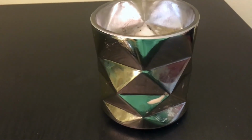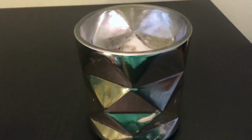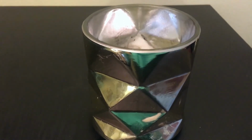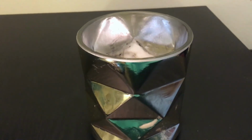It lasts long. Like I said, I still have a little bit of the candle left in here, and I don't know if you guys can see that, but I still have a little bit of the candle left in there, and I've had this vanilla bean candle for about 4 months, I want to say, and it's lasted me so long. So yeah, this is, like I said before,